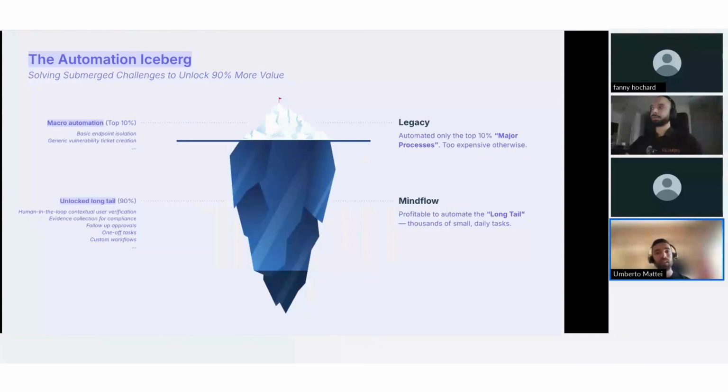So basically, when I was talking about the automation iceberg, I was talking more about how automation works in a company with respect to many different topics. But for today, we are talking more about security. I'm sure you all have seen that many different tools we use today have some basic automation features. So automation in that case is not necessarily new. We can do things like basic endpoint isolation, or creating a generic vulnerability ticket, maybe with an integration on a tool such as Jira or ServiceNow. But what's quite interesting is that